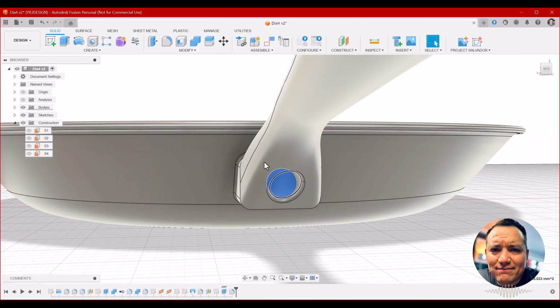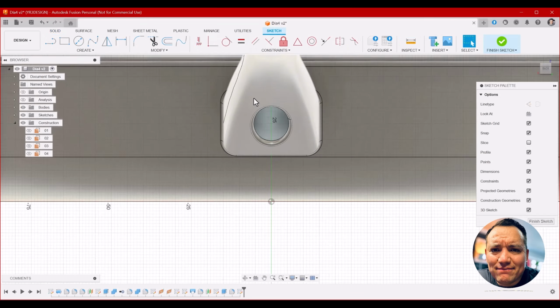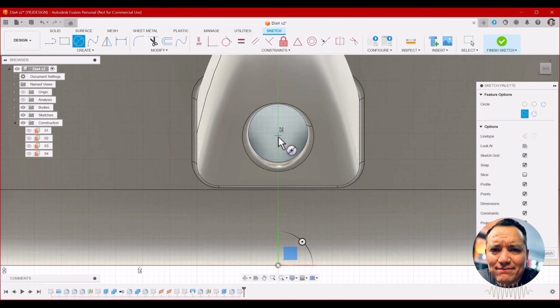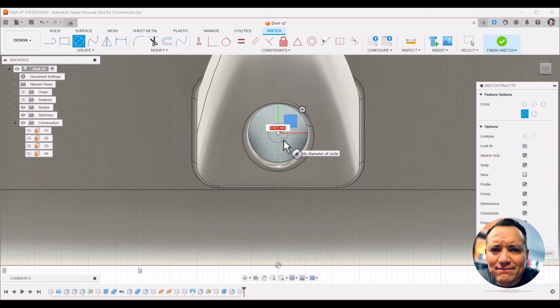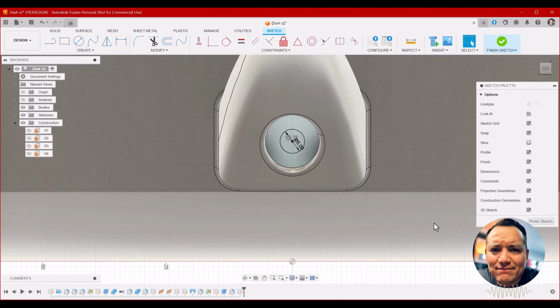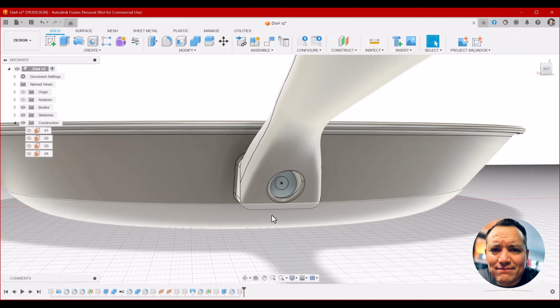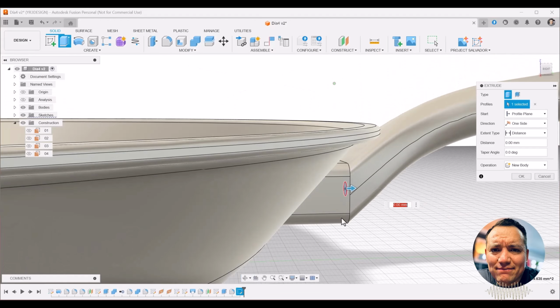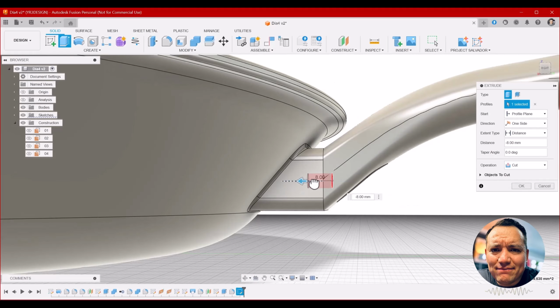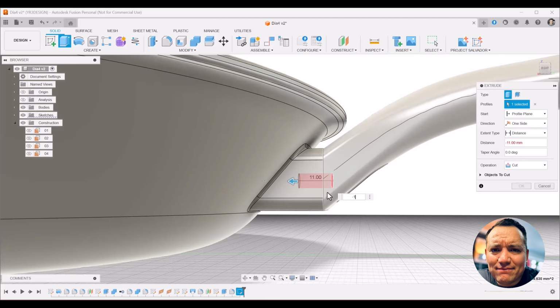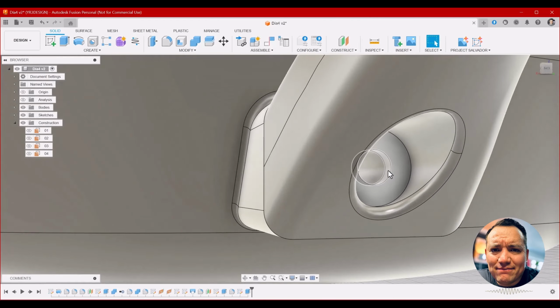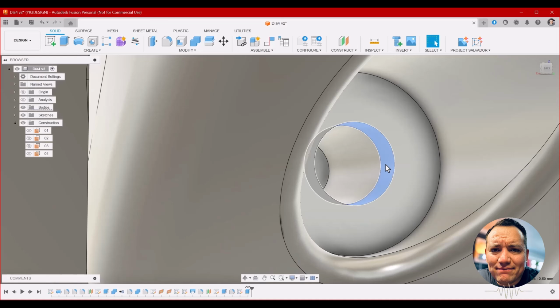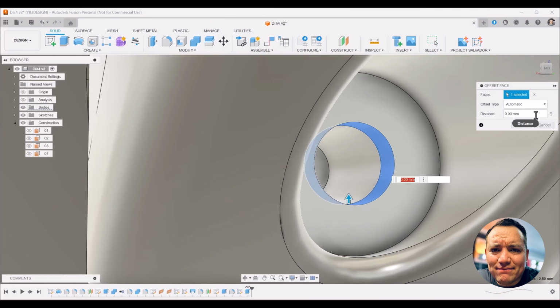Let's now select this face and create a sketch. Place the circle at the center, 5 millimeters, and close sketch. Let's now extrude a cut, minus 12 millimeters. Hit OK. Okay, let's now zoom in a bit, select this face, Q, and we will create an offset of